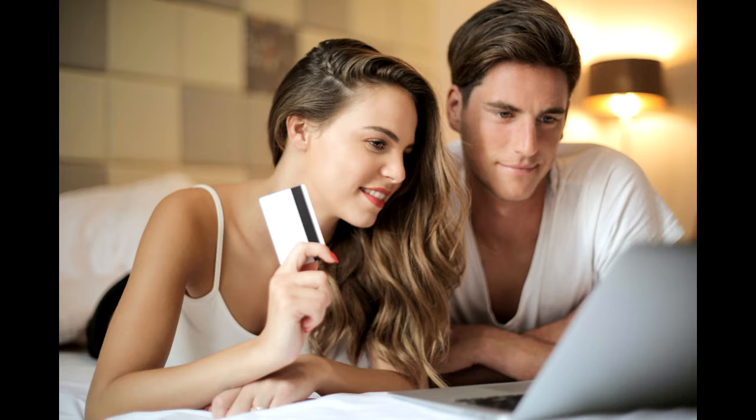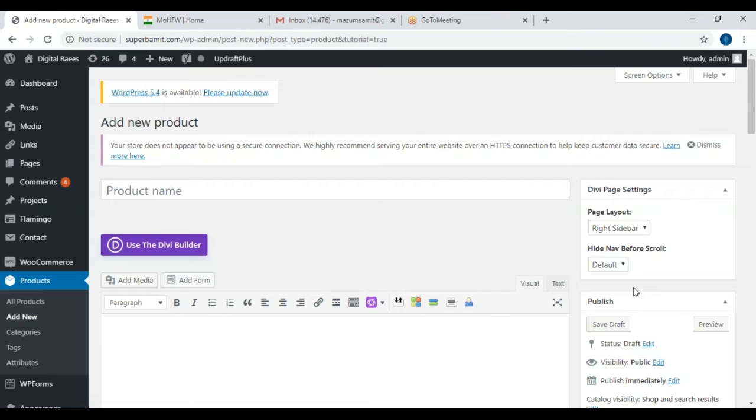Okay. So today we are going to see grouped product. Now what exactly is a grouped product? If I talk about a pen drive or a power bank, yesterday you guys took the images of the power bank or the flash drive. That comes under your grouped product. Okay. So we will create a grouped product now.